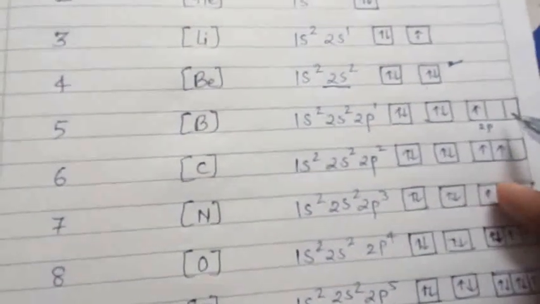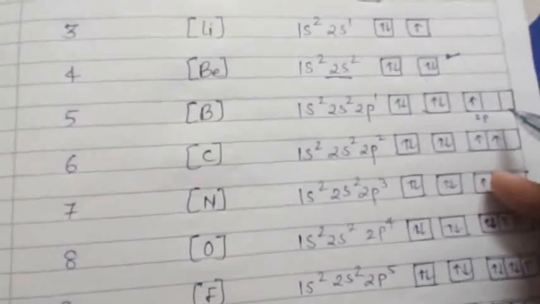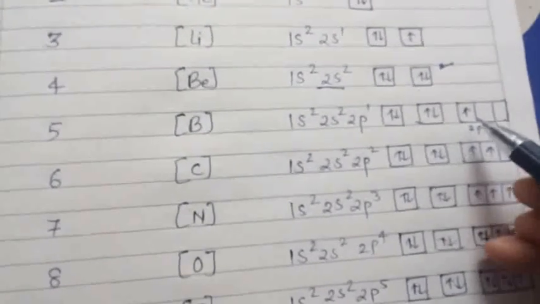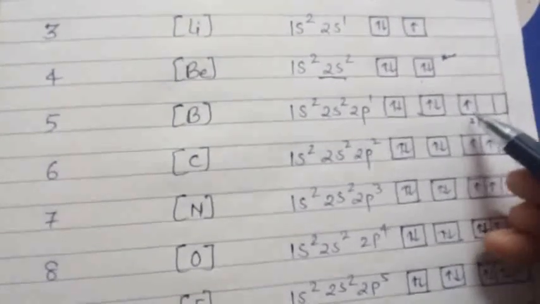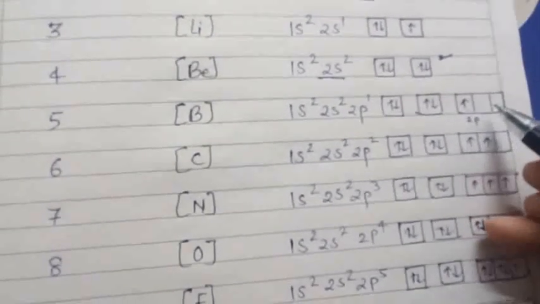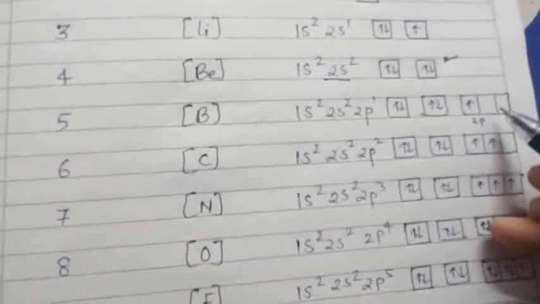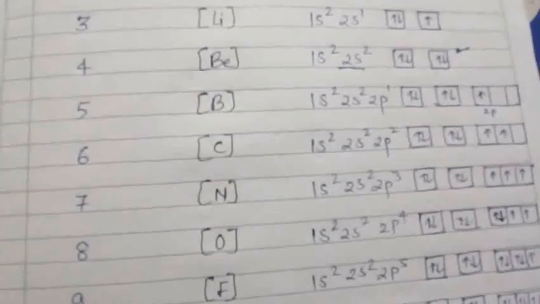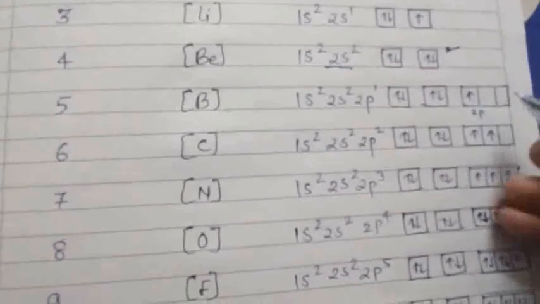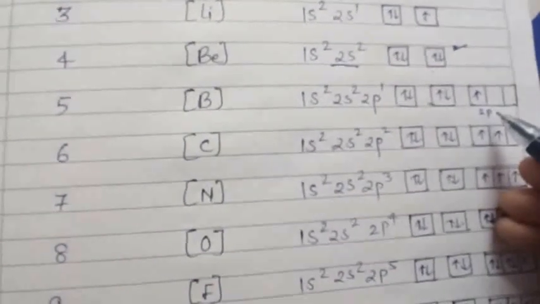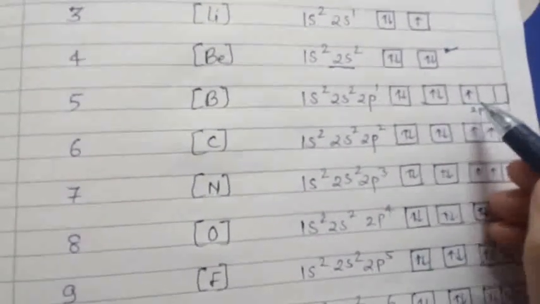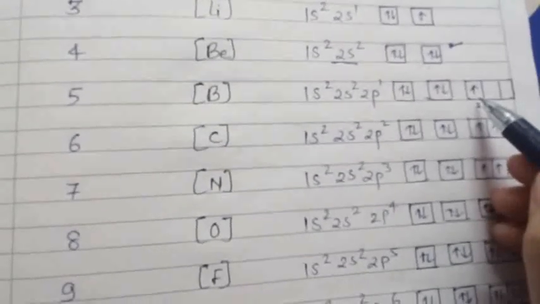Now the question comes, why in the first box, not in the second, not in the third? Because we have studied Hund's rule, and although Hund's rule talks about pairing of electrons, it is by default accepted that electrons can be filled anywhere. They are equal in terms of energy. They are called degenerate orbitals. What are degenerate orbitals? The orbitals of p and d are called degenerate. All 3 of p and all 5 of d are degenerate orbitals, which means they have the same amount of energy. But this is the method to write by default: the first electron is filled in the first box only.